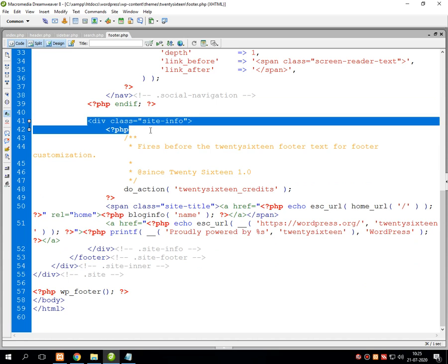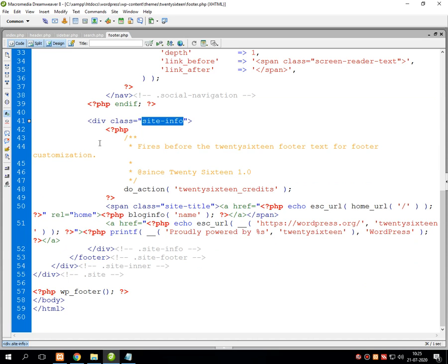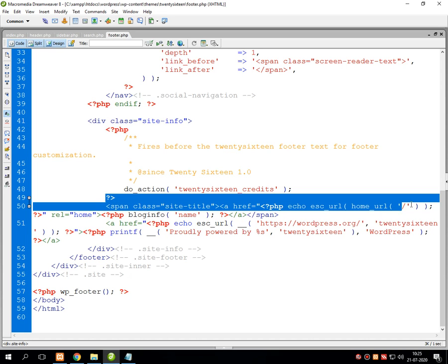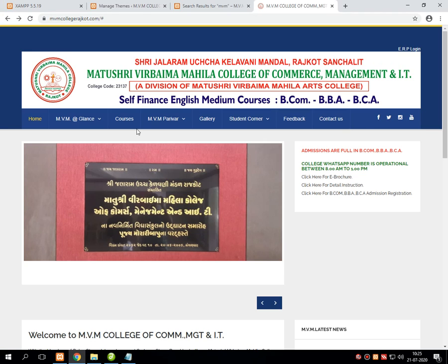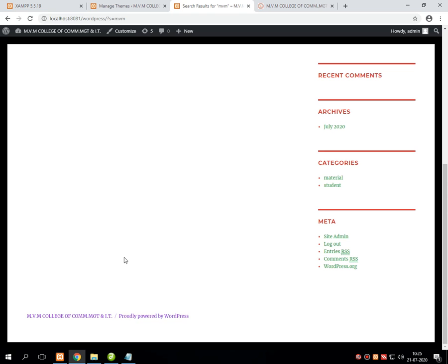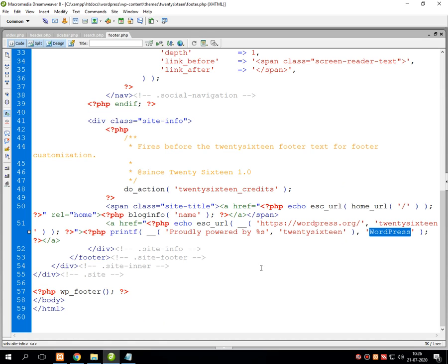Then there is a site info. That site info is actually one type of action which displays the user's information with home directory. Here you can see that there is a line of code, proudly powered by %s 2016 WordPress. This line of code is displayed over here, and before that, that means before this slash, the site title is given, that is MVM College of Commerce Management and IT.